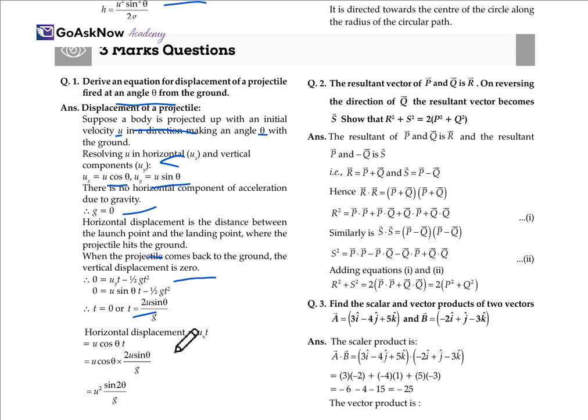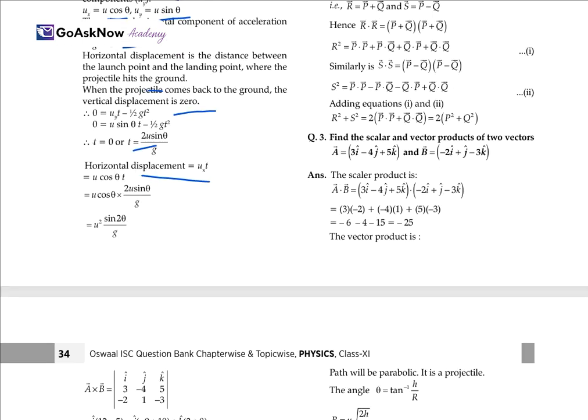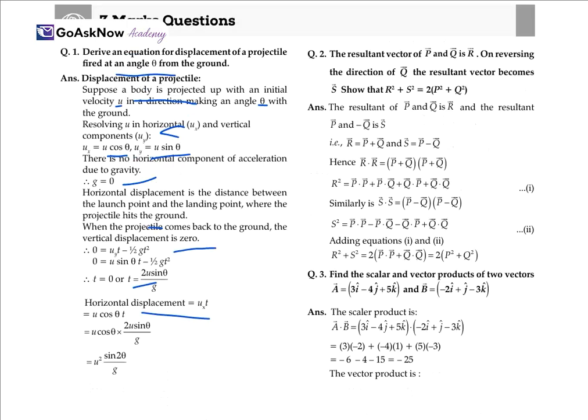So firstly, the speed of the river VR is 3 meters per second towards the east, as it's given. The speed of the man is also there. So the resultant V will be equal to 5 meters per second, which you can solve out, and then tan theta will be equal to 3 by 4, which means 37 degrees. So this is about part A.